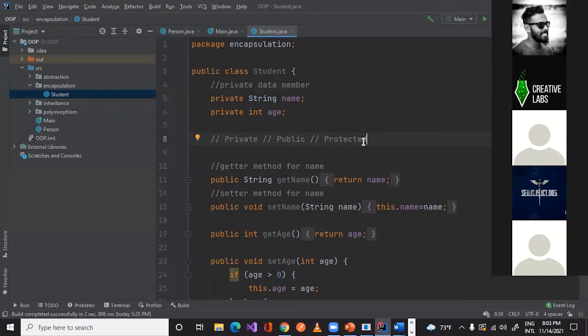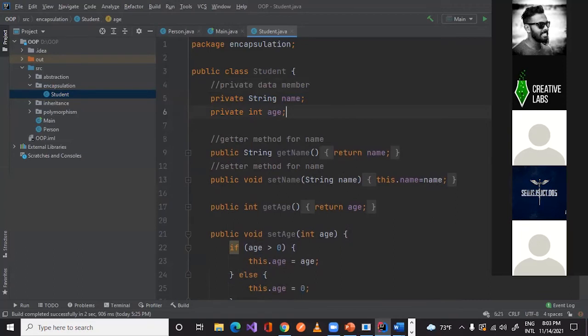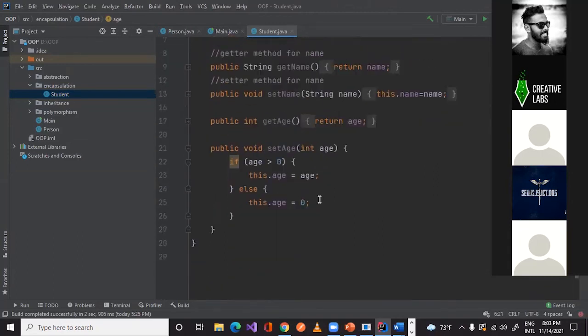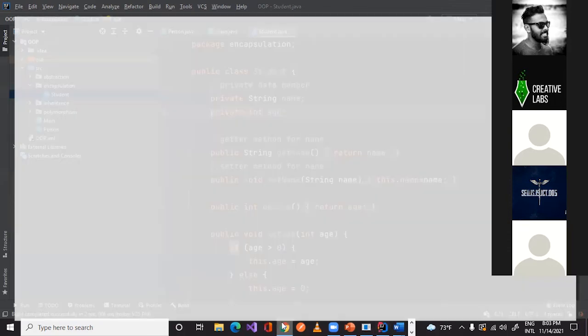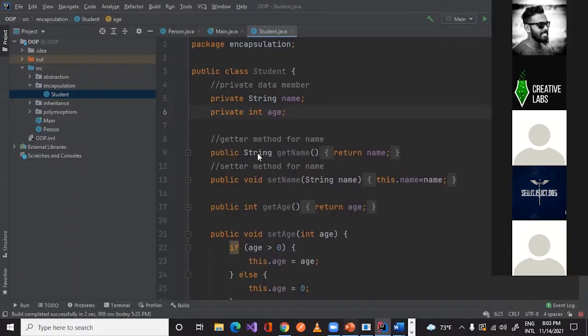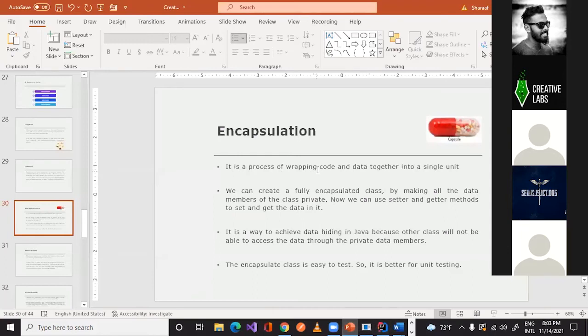Okay, we'll talk about private first. That is where encapsulation comes in, how encapsulation works. We said earlier that it is about code and data together in a single unit, and data hiding.